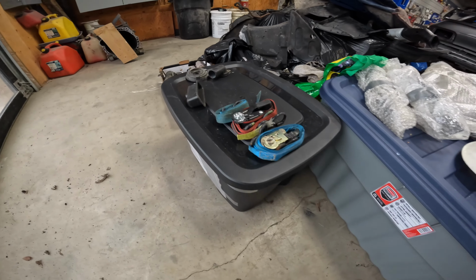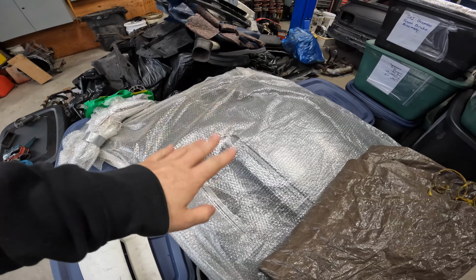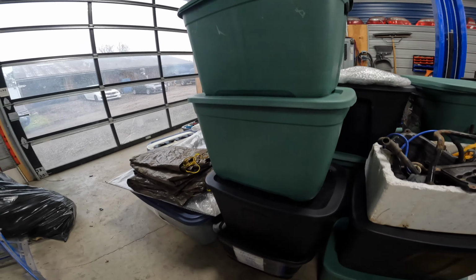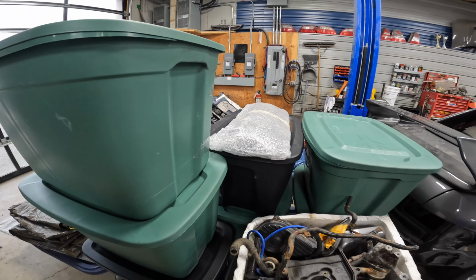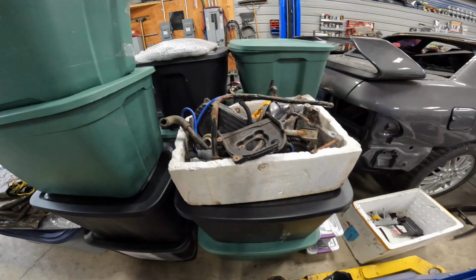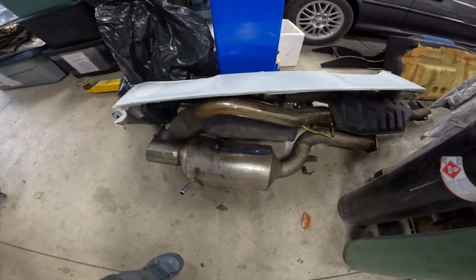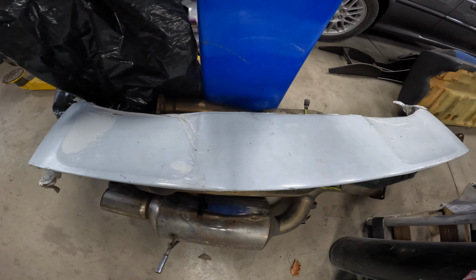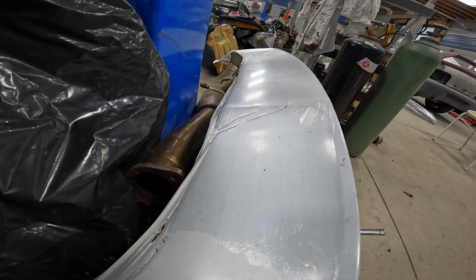Then we have bins on bins. Along with all the rest of the body panels, we have the hood here. Another nice bin tower. There's got to be a dozen bins there. Another scoop. More assorted parts. An assortment of exhausts and a pretty funky looking spoiler. I'm not quite sure what this would have come off of or what brand it is, but it is definitely